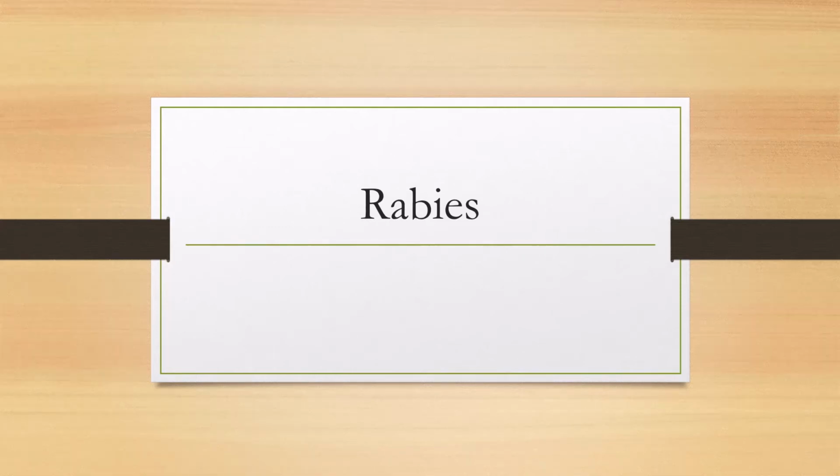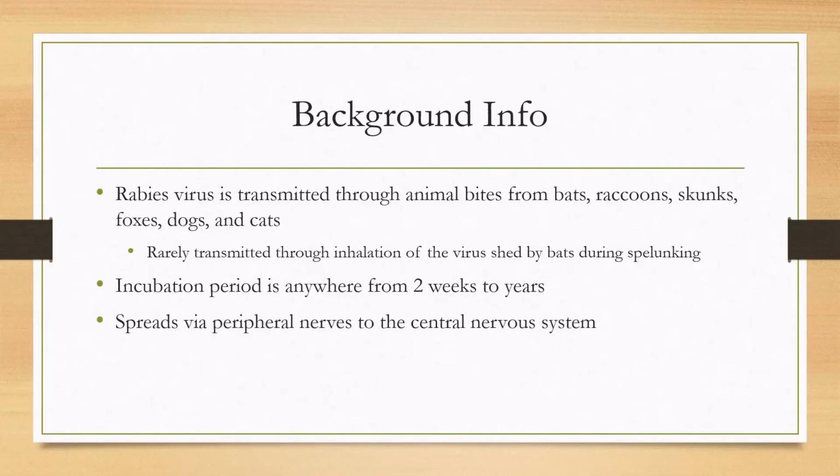Let's talk about rabies. So rabies is a virus that is transmitted through animal bites from high-risk animals such as bats, raccoons, skunks, foxes, and dogs and cats. It can rarely be transmitted through inhalation of the virus that is shed by bats during